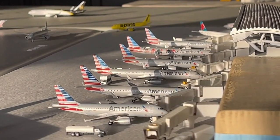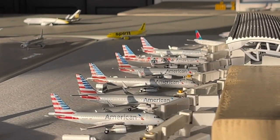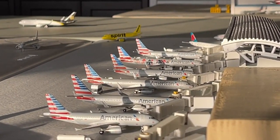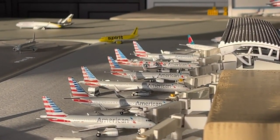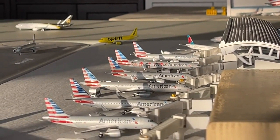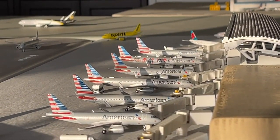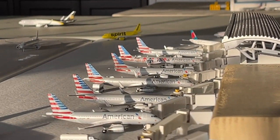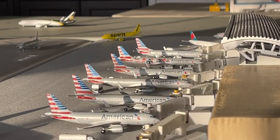The Airbus A321, that is a Sharklet aircraft. This guy's currently coming in from Cancun. This guy's going to be continuing today out to Ontario. A 737-800 down there is currently coming in from Norfolk, and this guy's continuing today out to San Antonio. Then we have the Airbus A321 in the Stand Up to Cancer paint scheme. This guy's currently coming in from Tucson. This guy's going to be making a continuing flight today over to, let's go with,